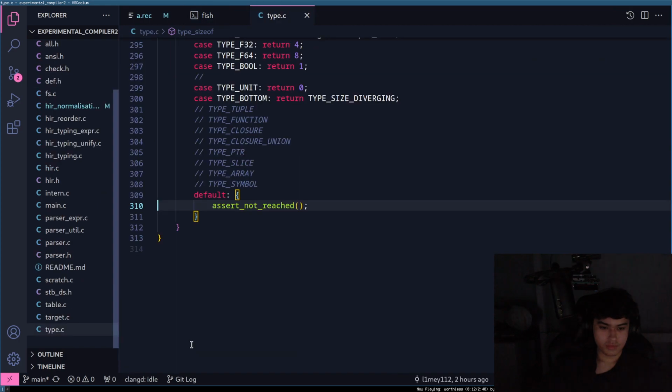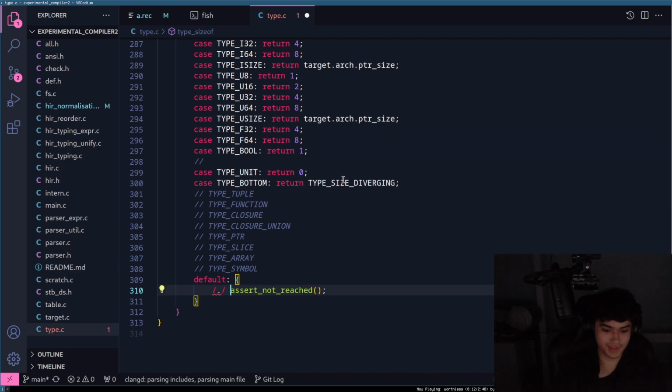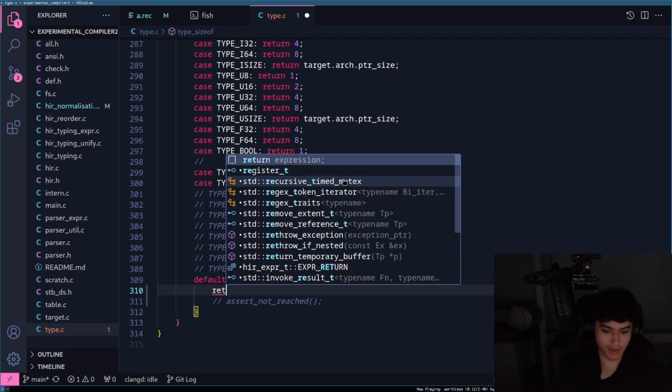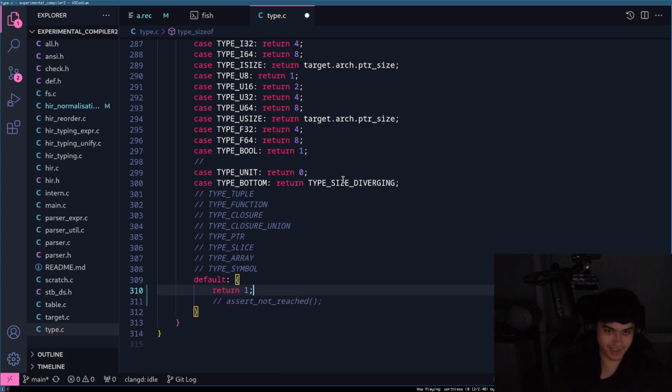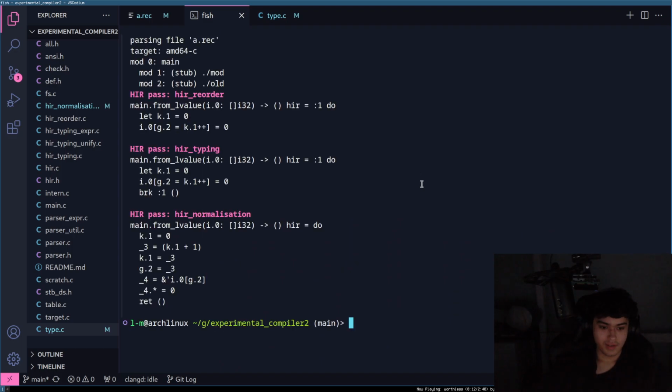Whoa, that's not right. Type size off. Oh, no. Okay, for now, let's return something above 0. Okay, I'll come back and fix this. This is just an example. All right, so